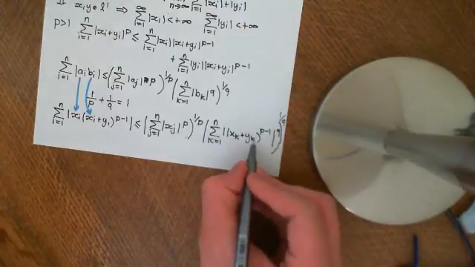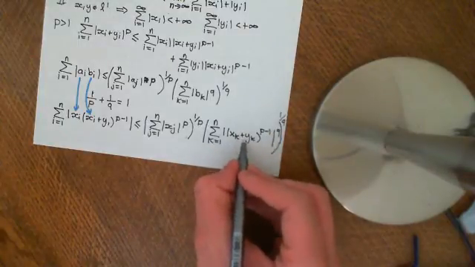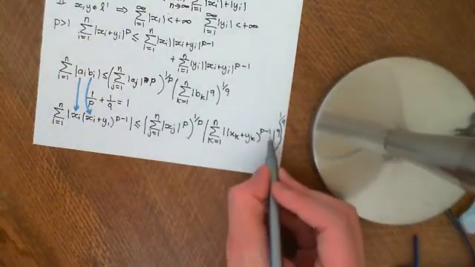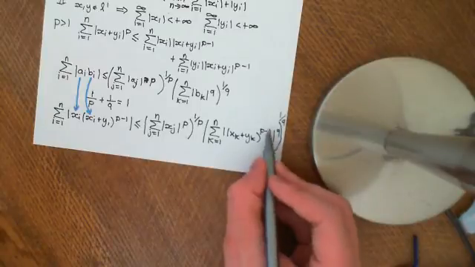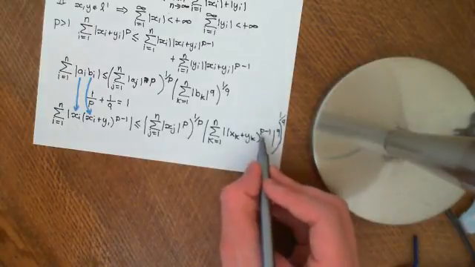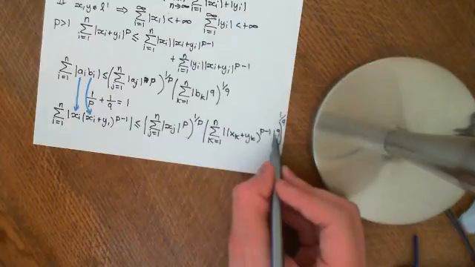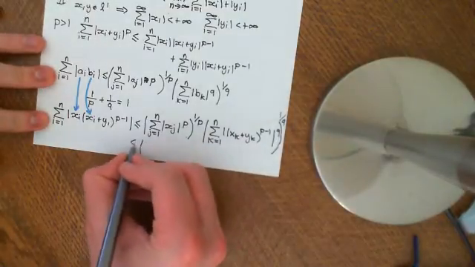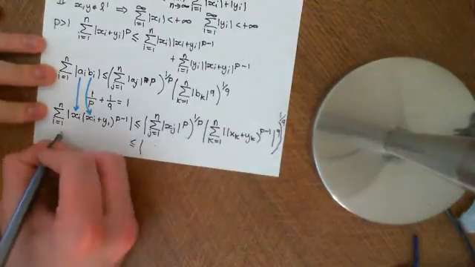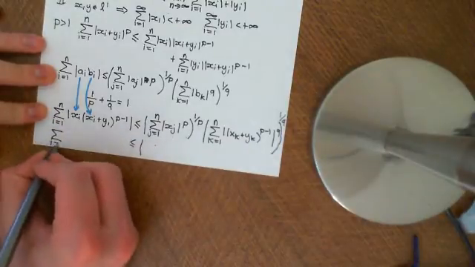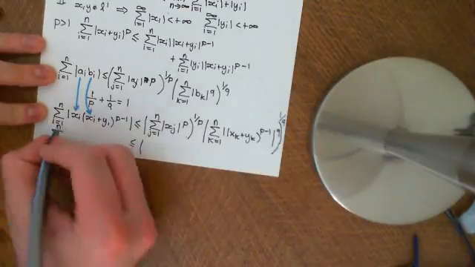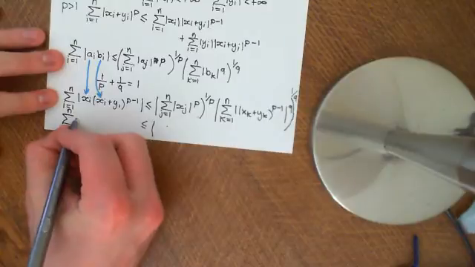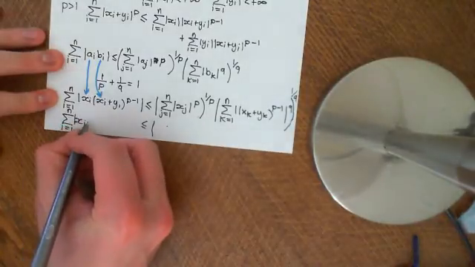Now, because this number is xk plus y, we can now interchange the order of the modulus and the taking of the power to p minus 1. So basically I'm going to pull the power of p minus 1 outside of the modulus, so this will become less than or equal to, in fact I'll write the full thing out again, the sum from i equals 1 to n of the modulus of xi times